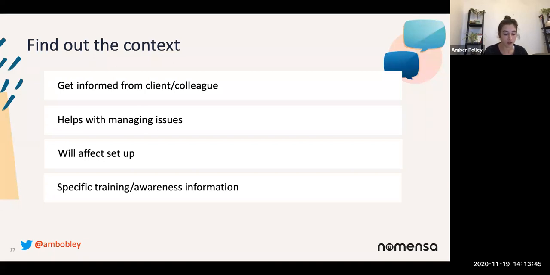I, for one, have taken part in a dementia awareness session in my last job. This wasn't anything to do with research, but I now know a bit more about how to make people with dementia feel more comfortable around me, what kind of things to and not to say, if they're coming into a new environment, how that environment can be set up in a safe way for them, depending on what stage in their illness they're in. So I now feel a bit more confident and more aware, and I've had that training if I do research with anyone who's had dementia, or anyone who's elderly and has it as well.